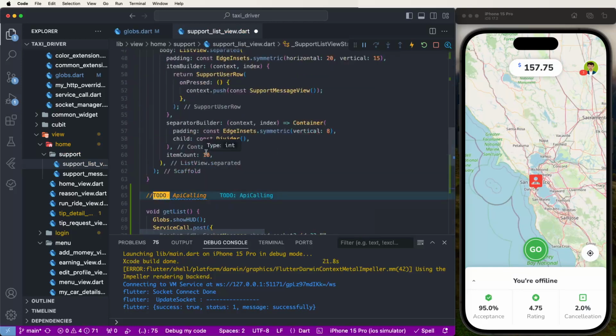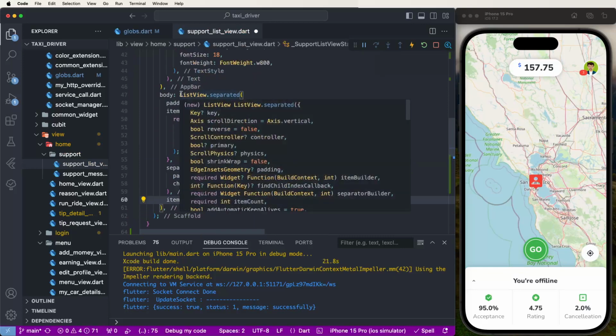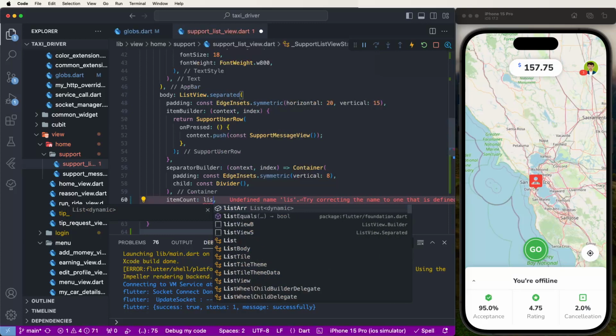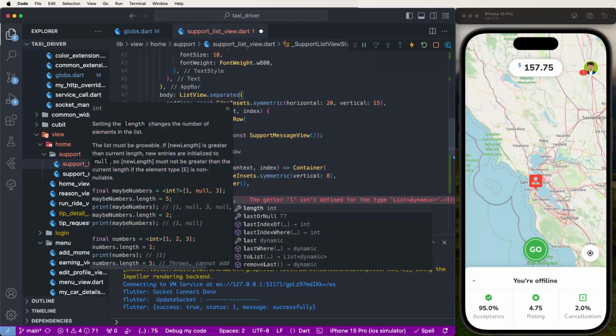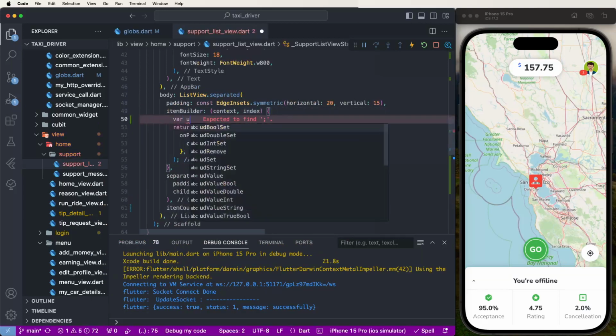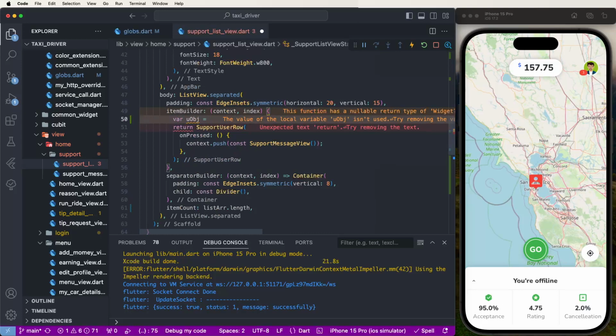Now we need to give the list use separators inside. We need to give the list array count length set like this. Afterwards we need to get the data of the users objects, we need to get the list array and index of value,